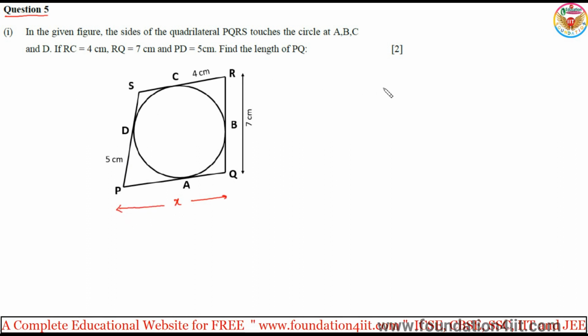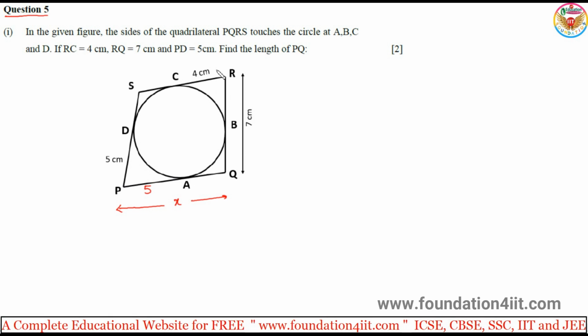So we know the property that for any circle, tangents to the circle from an external point are equal, right? If you take these two lines, now this is the center. From an external point, the lengths of the tangents to the circle are equal. That rule we can apply in this. So according to this diagram, PD and PA are tangents. So PD is equal to PA. Tangents to the circle from an external point are equal. So if PD is 5 centimeters, PA also is 5 centimeters.